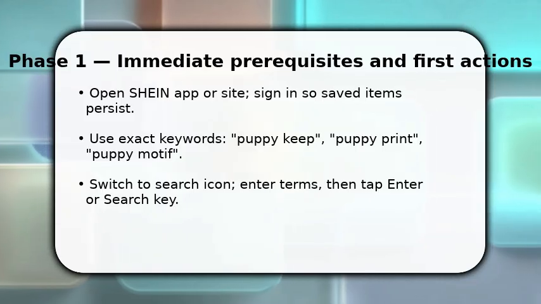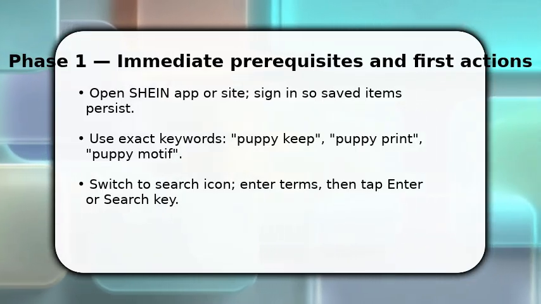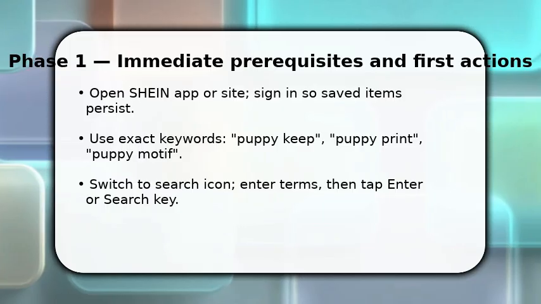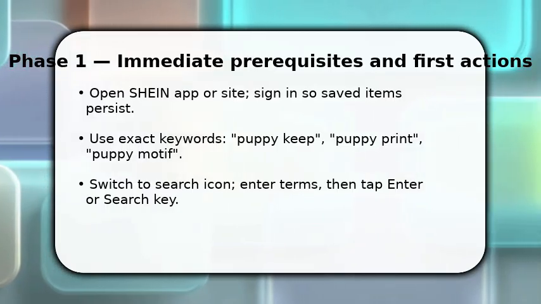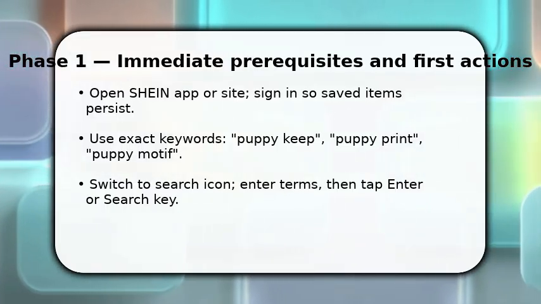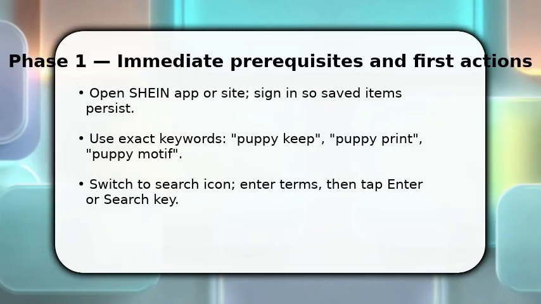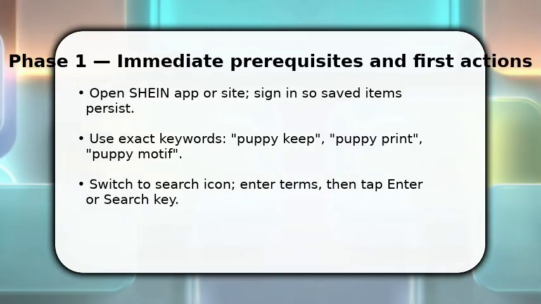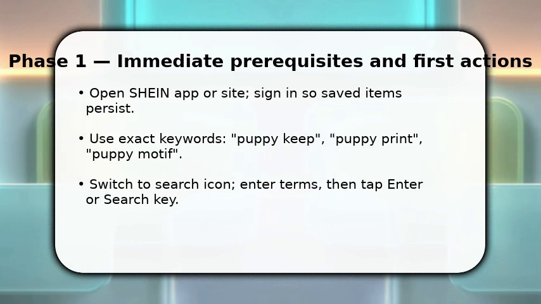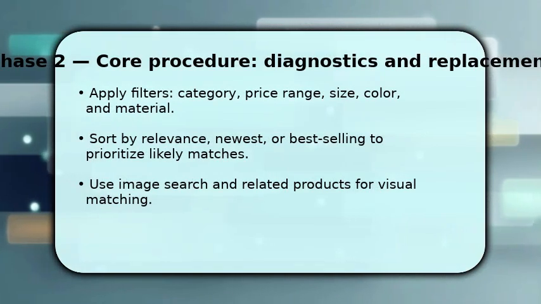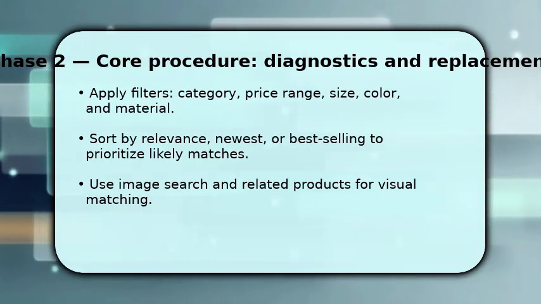Once done, tap the search button and scan the first results row quickly. You're looking for matching thumbnails and product titles. Make sure to switch between exact phrase and single keywords because Shein algorithm sometimes prefers shorter terms, and that will change what appears. Now refine what you found by applying filters, category, price range, size, and color, so the list